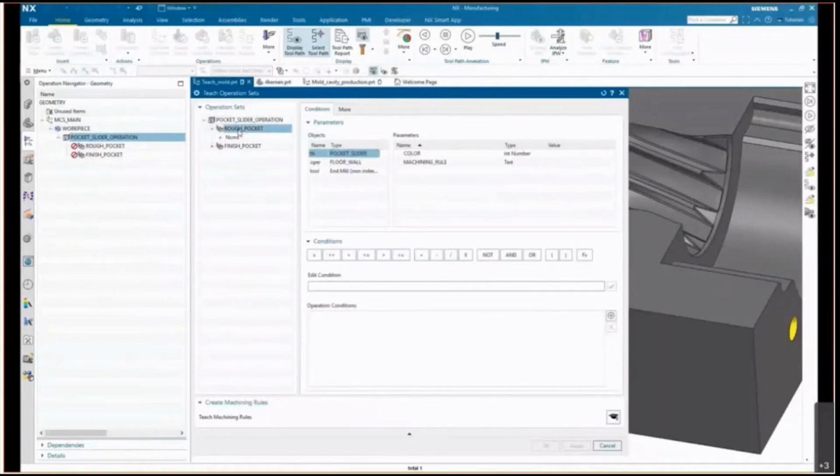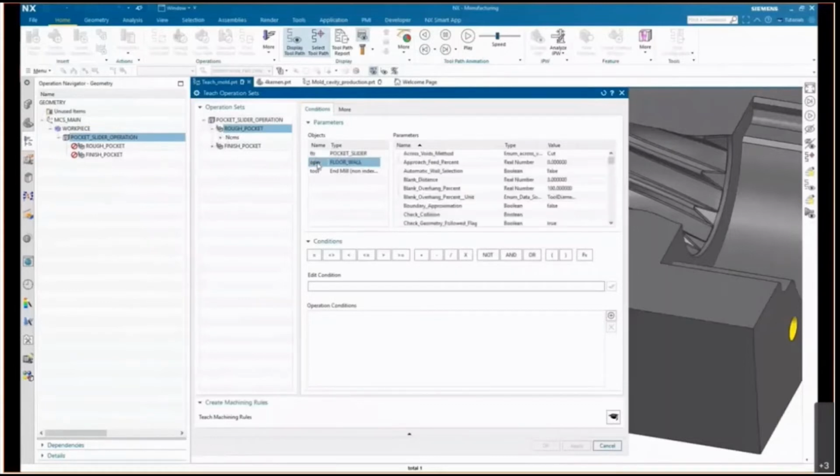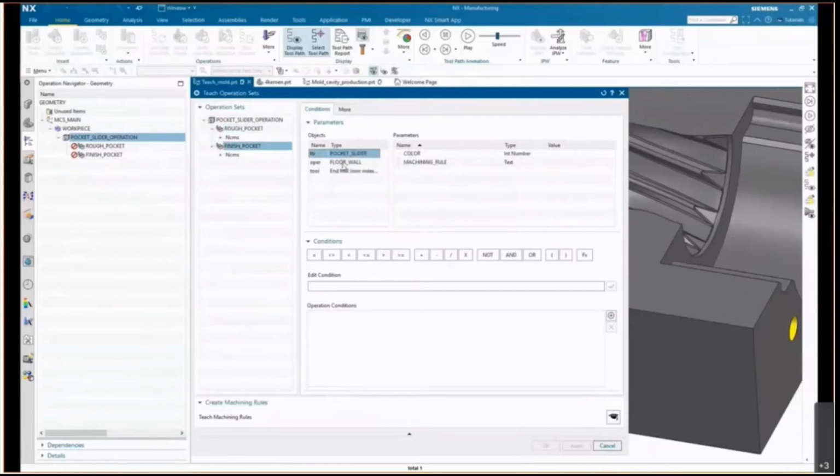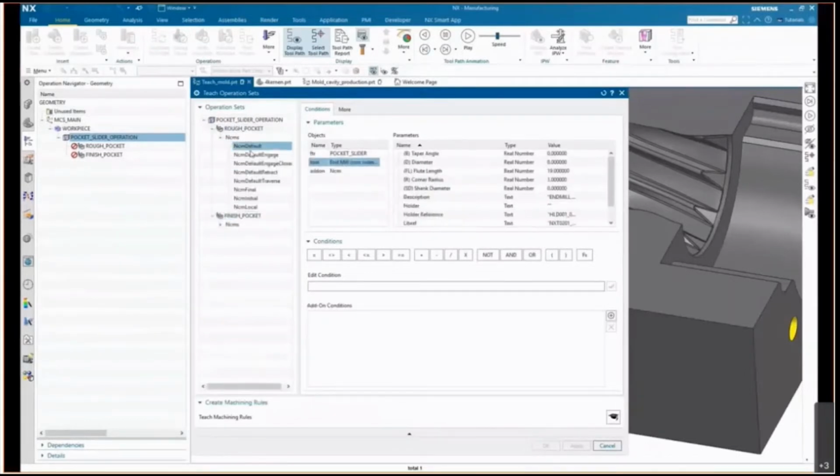So in the teach operation dialog, I can show you that all attributes available in the 2 different operations will be there. So that's the feature operation parameters and the tool parameters. So that this is all available for further customization. Joe will show you later in this session a bit of that.